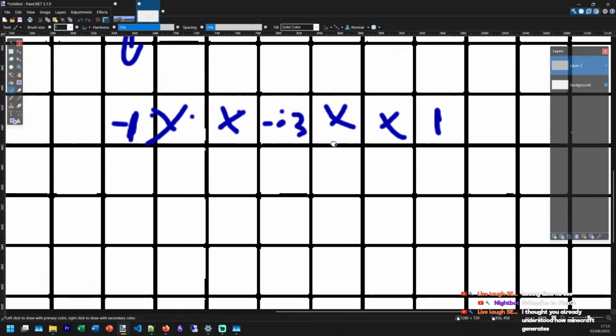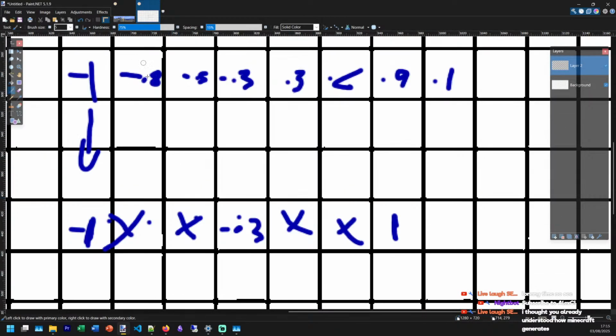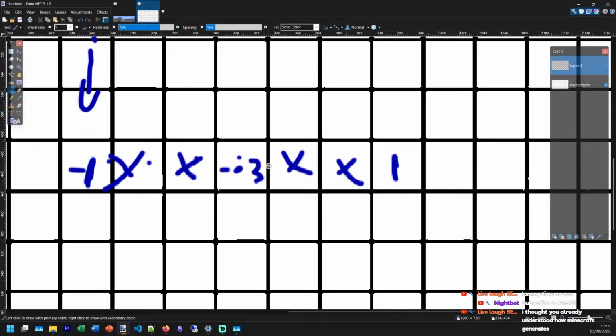So what we do then is, yes, we've got some precision loss, but if I get out my handy physical calculator, we interpolate them. That's still negative 1, that's 0.3. Negative 0.35.